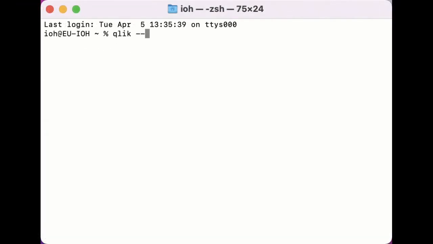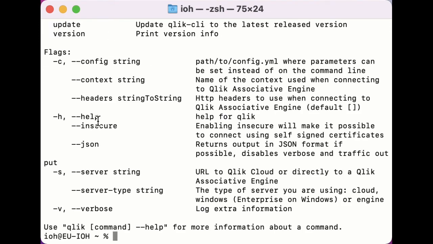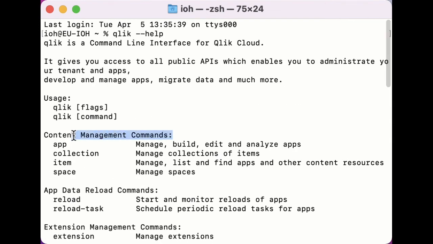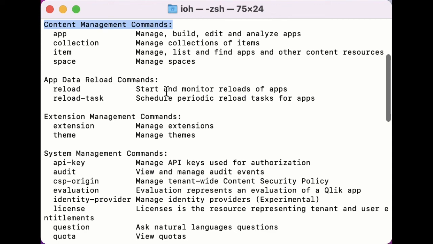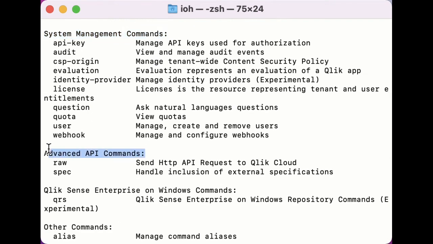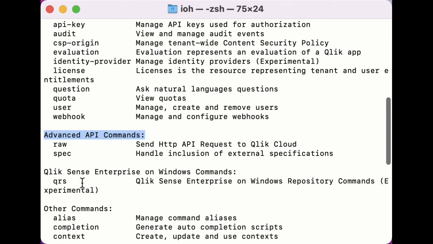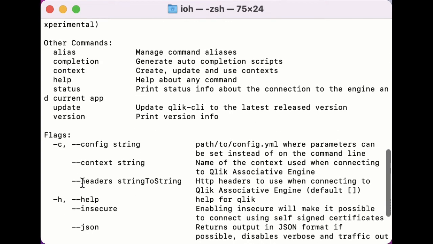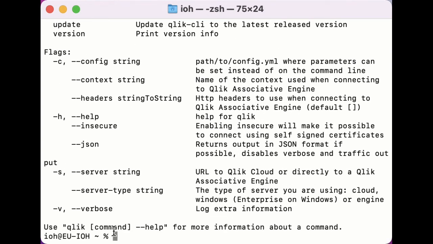Additionally, you can use the help command in order to get an overview of commands that you can use to take advantage of the Qlik command line tool. These include categorical commands such as extension management commands or system management commands, as well as advanced API commands. This means you can get categorical commands and then